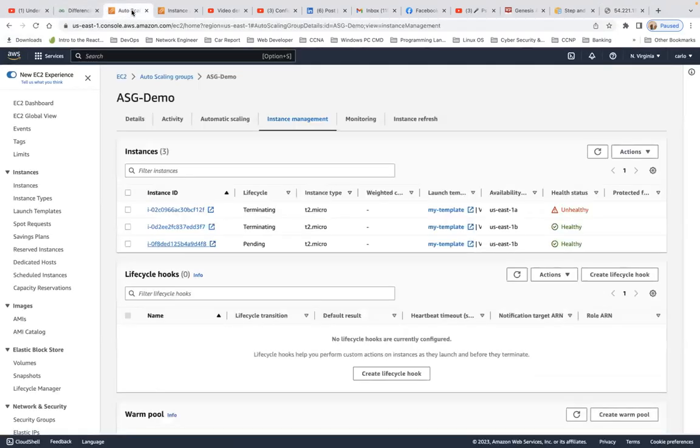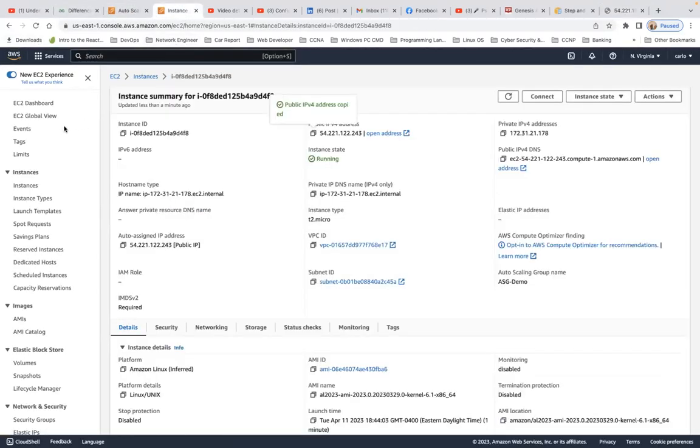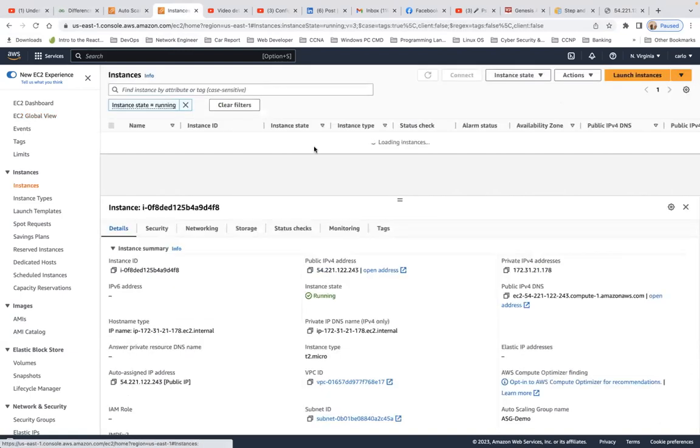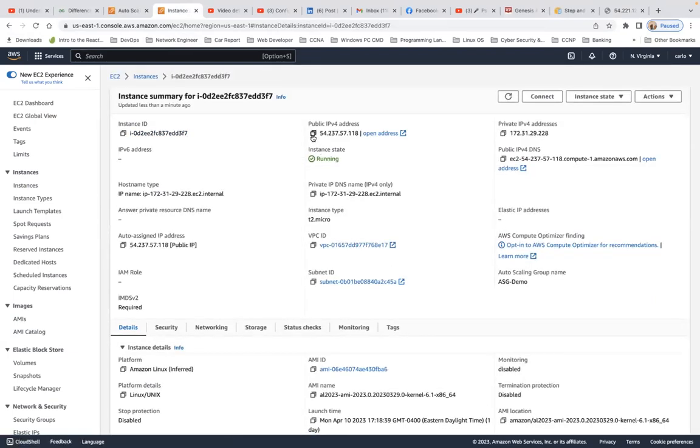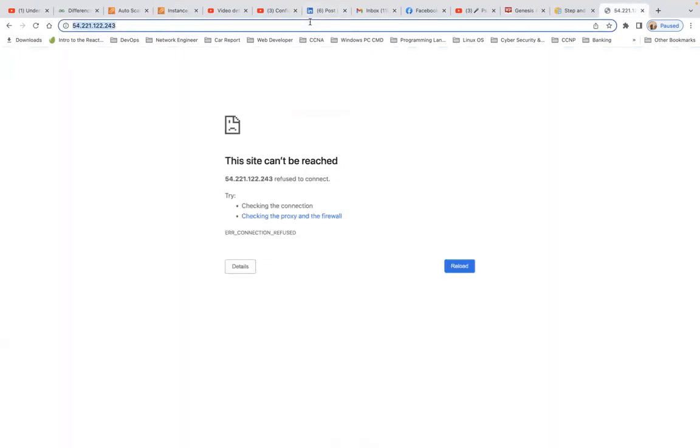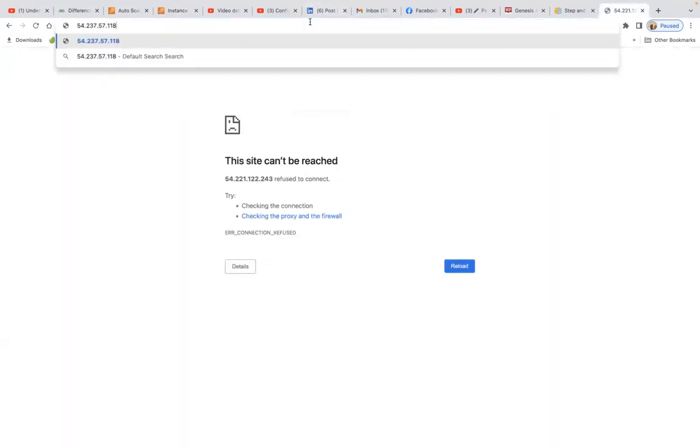Now let's go to instances. We have 3 EC2 instances running, so let's check here. So grab this public IP address and check this out to see if it works. Okay, so it says it works. So what we can do is,